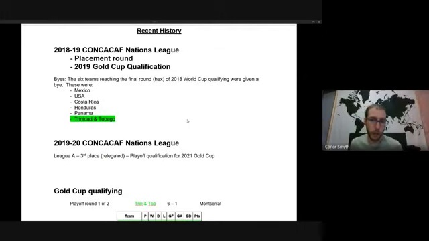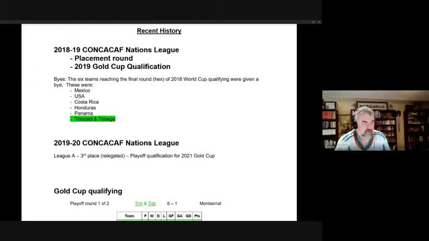Right. So they didn't participate in the first Nations League, which was just a qualifying round, due to their involvement in the Hex. And then that also put them automatically into League A, or the top tier, for 2019-20. There, however, they lost twice to Honduras and then tied Martinique twice. They finished a point behind Martinique, who themselves managed to get a draw against Honduras. So they finished in last place and have been relegated to League B, into that second tier of the Nations League.